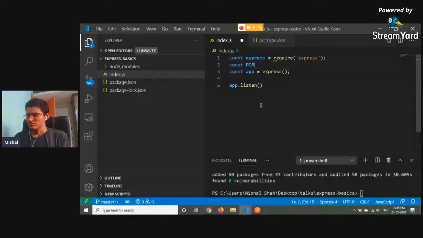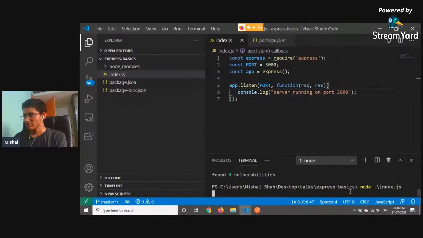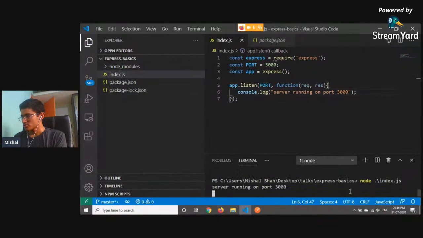Yeah, we'll just do a console.log that the server is running. So: server running on port 3000. That is it. To start, we'll just run node index. So we'll just test that the server is running fine. I just did node index.js, and